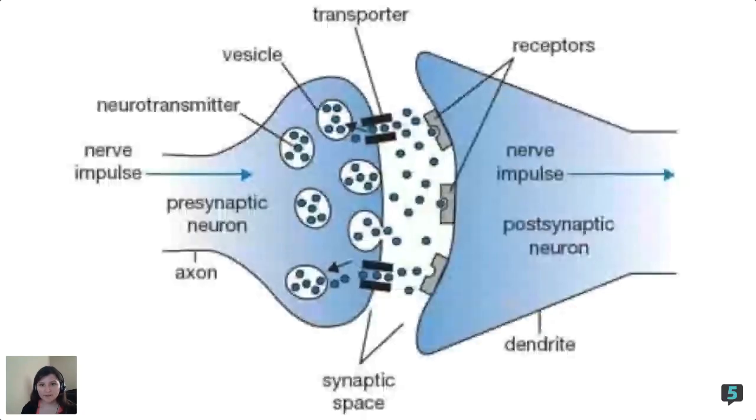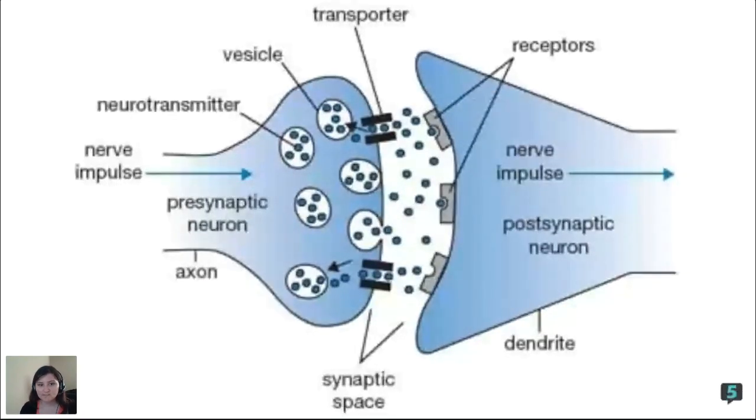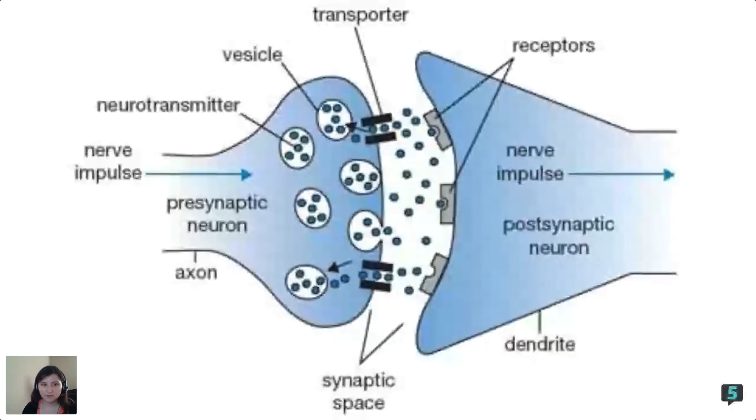So here we have a little diagram just showing how the neurotransmitters and the receptors work. So like the little ball-looking things on the diagrams represent the neurotransmitters, and they're going into the receptors. There's some conditions that don't have this working as normal, but we'll go into that afterwards.